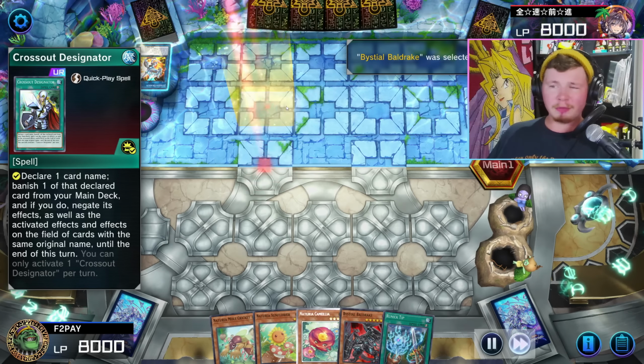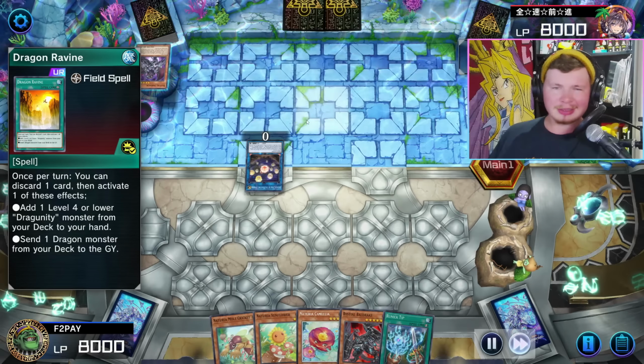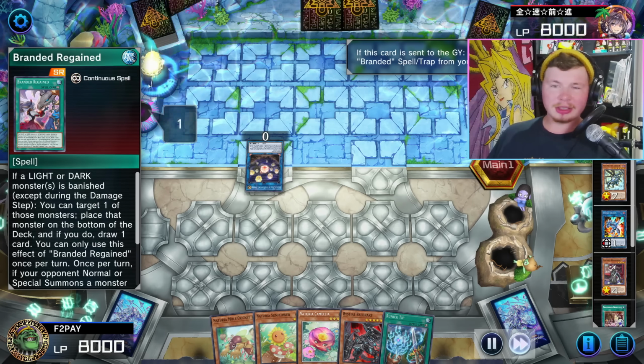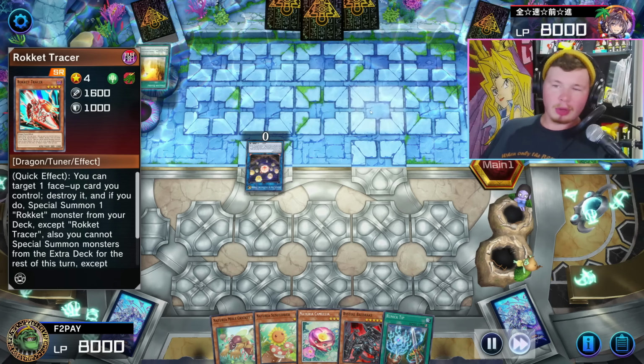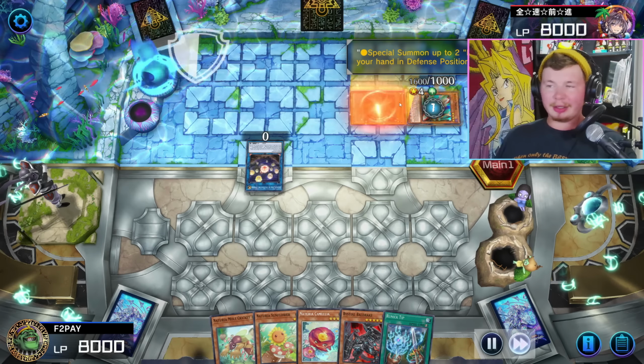But I will say, so far, I don't think this is a very good Dragon Link player. They do a lot of things that are pretty questionable. Here they're going to go Ravine, send the Absa Router, and trigger the Serenir. Serenir send the Regains, and not too bad. Get a Rocket Tracer. Then they're going to activate the Boot Sector, summon out the Rocket Tracer, and pop the